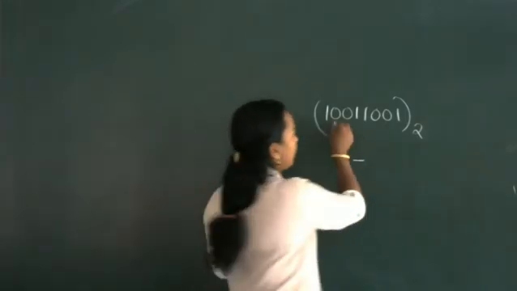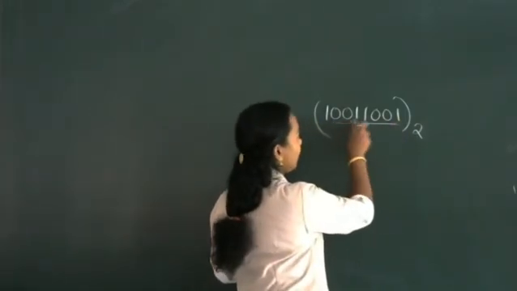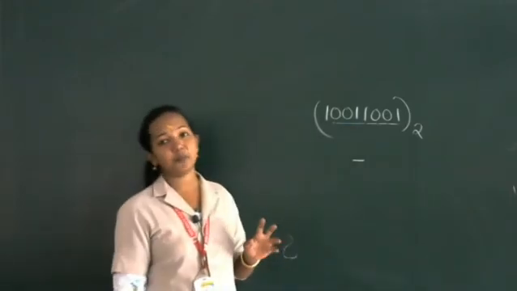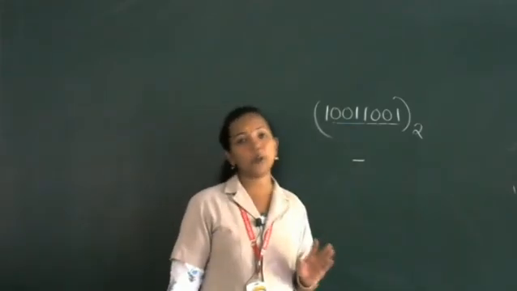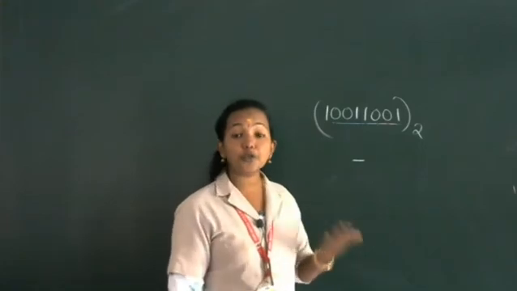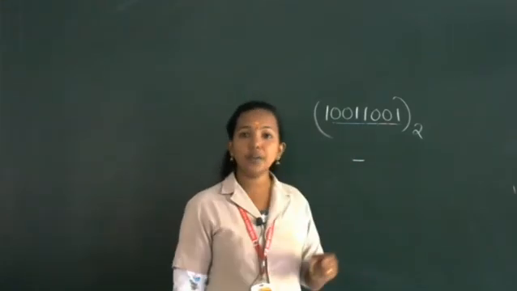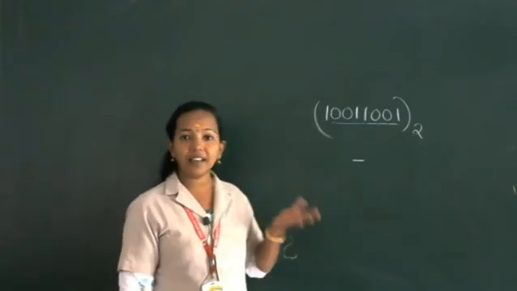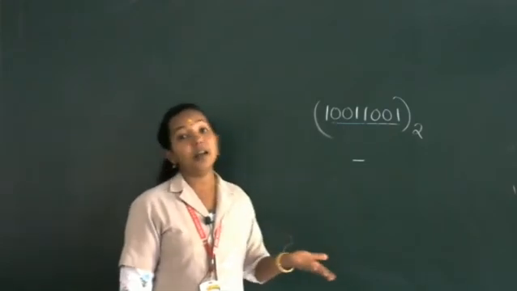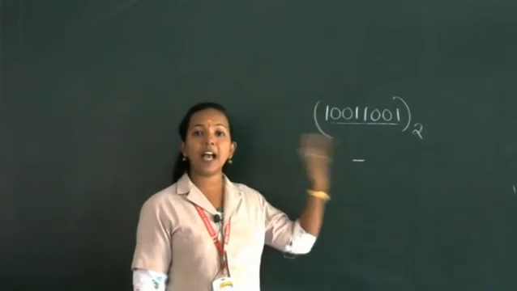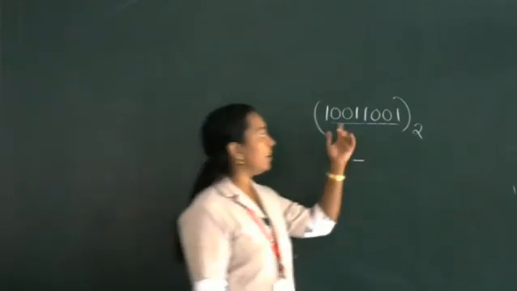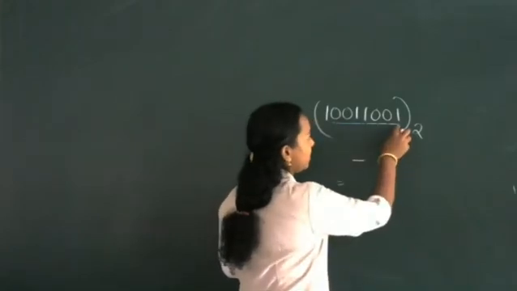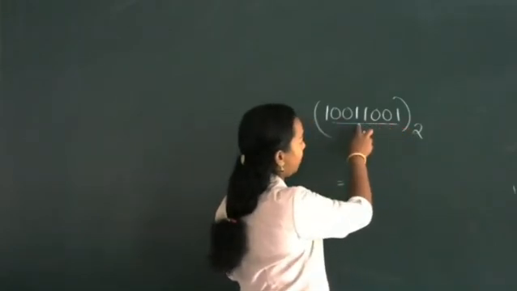Then the remaining bits 0, 0, 1, 1, 0, 0, 1 are the 7-bit binary equivalent of that particular decimal number. You know how to convert binary to decimal. How are we converting binary to decimal? You multiply each digit with its place value, that means the base value and its place. We can avoid the leftmost 0s, otherwise we can write places 0, 1, 2, 3, 4, 5, 6.